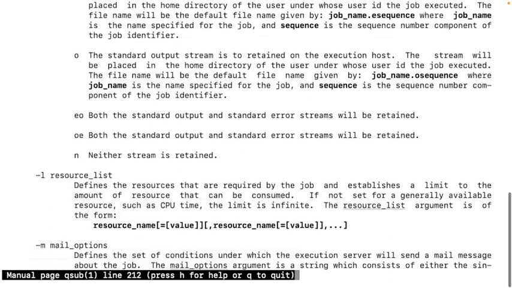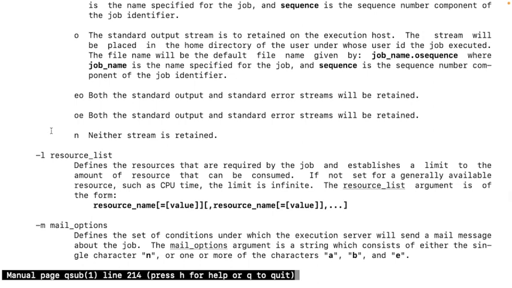So let's move on with some other options. -l is the most important command for us. It's a resource list. Here you can specify how many nodes, how many cores. You can specify even wall time, because the serial script that you downloaded is saying that I want to run this command for 10 minutes. What that means is it will allocate 10 minutes of compute time, and once the 10 minutes are over,